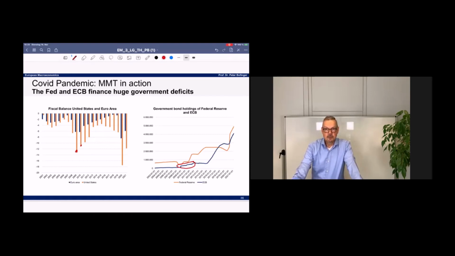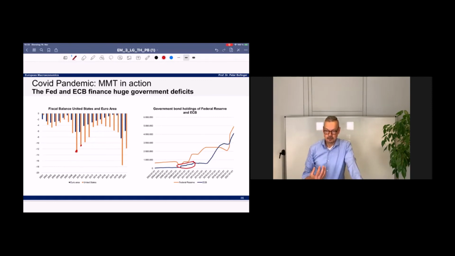And in my view, this is one of the main explanations why, after the financial crisis, the euro area was confronted with the euro crisis, because there were some member states with relatively high debt levels that were then no longer able to get the funds to finance their fiscal policy. And this created a crisis of confidence and severe problems, and it could only be stopped by rescue programs